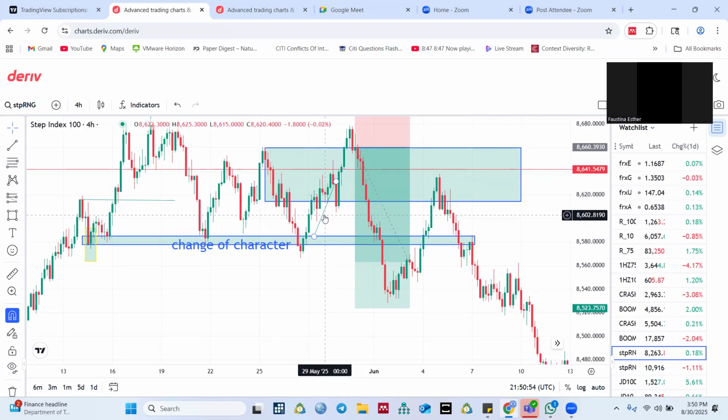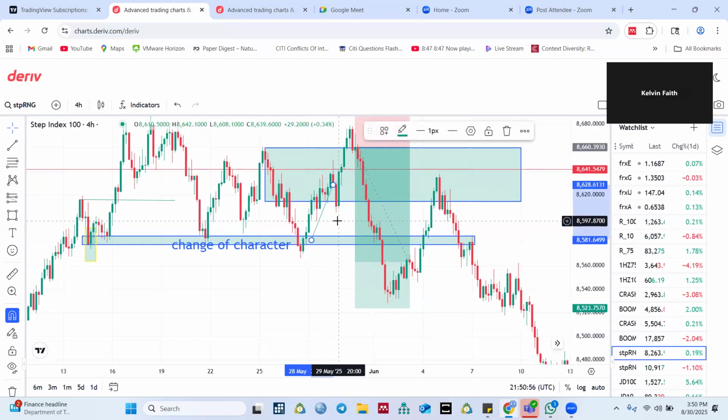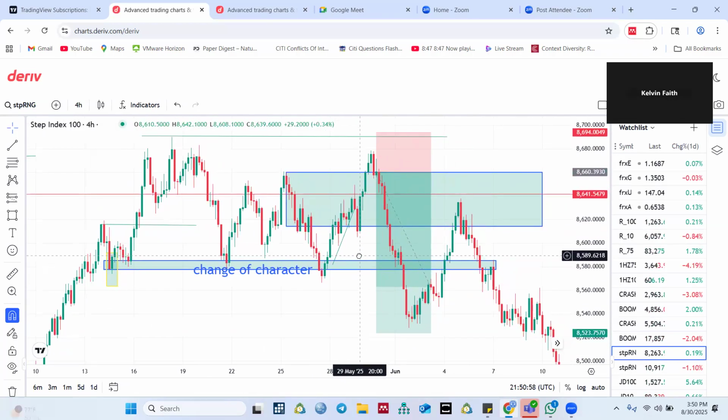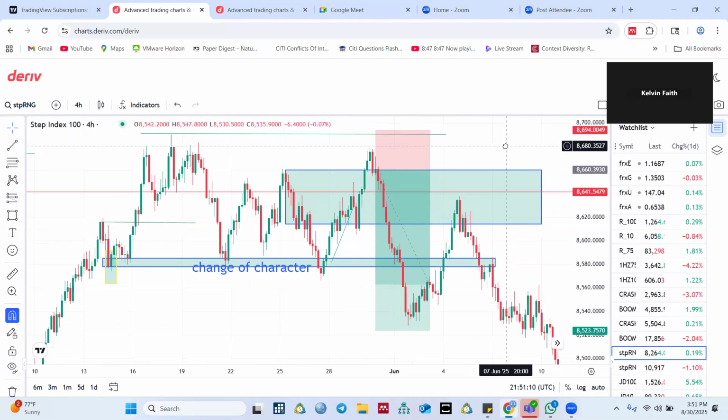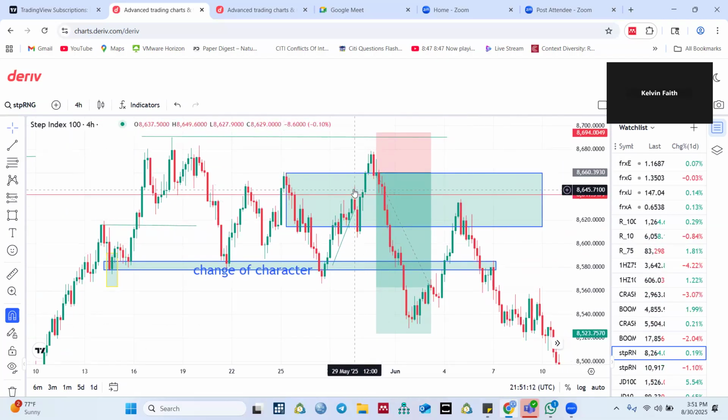Now we frame the setup with the idea of structure and also liquidity grab. So we're looking at price in premium, and price got into the premium and sold a little bit. Our premium, because this is the high that broke the structure for us, giving us that indication,